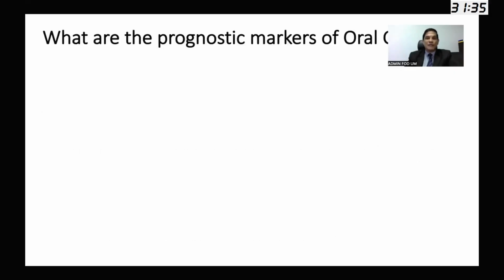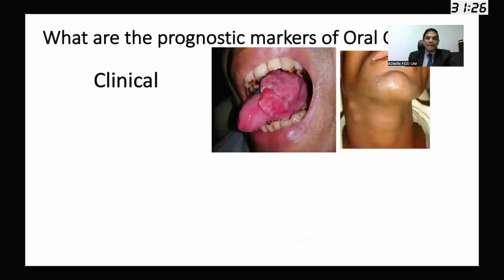Now, what are the prognostic markers that one can use to predict the metastatic potential and the survival, overall survival, recurrence-free survival, etc.? Well, clinicians like to use clinical parameters more commonly. Of course, they're combined with TNM staging and the size of the tumor, nodal status, etc. So they are very important. Nobody can argue against that.